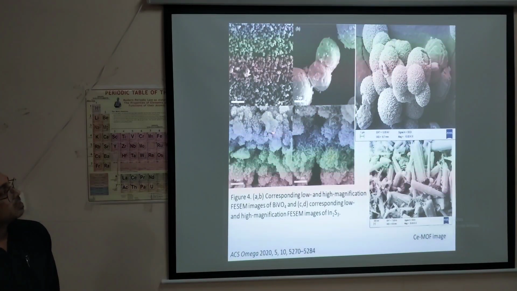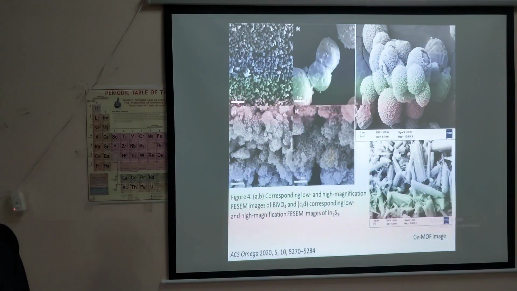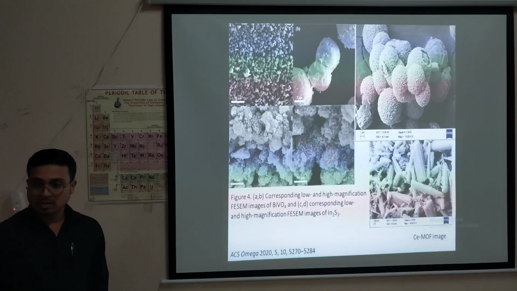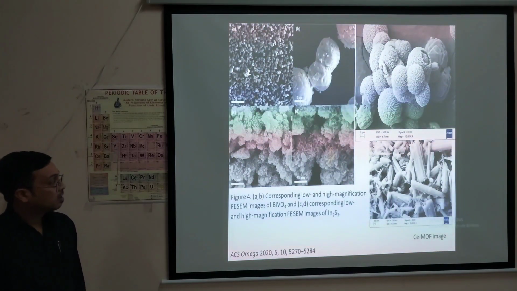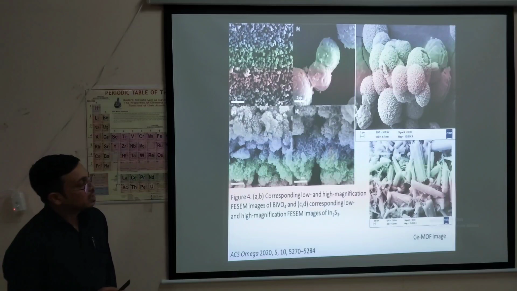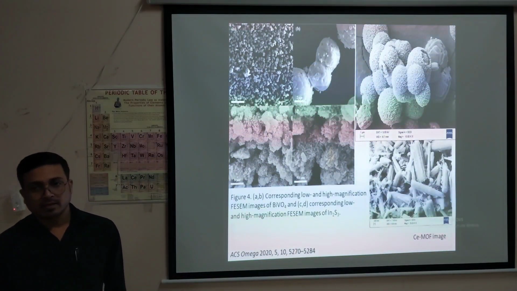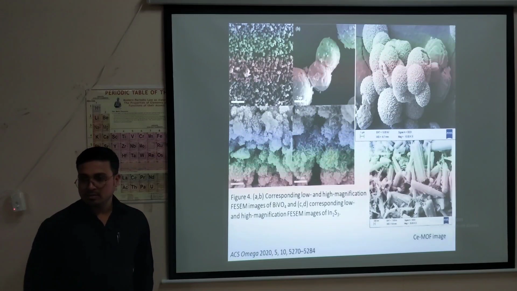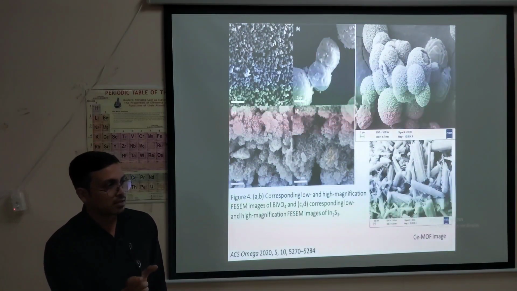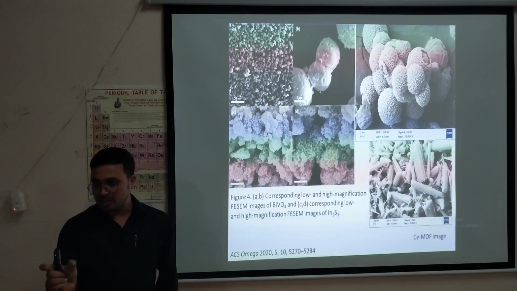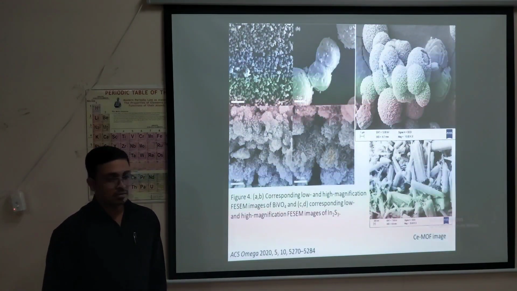Look at the quality of the image and to what extent you can go. Those are the scales. Yes, this is the 50 micrometer scale, and this is the more resolved one, 2 micrometer. This is the 1 micrometer scale, and this is the 500 nanometer scale. Here the scale shows the scanning range you are fixing. Now you are analyzing, and you are resolving this.